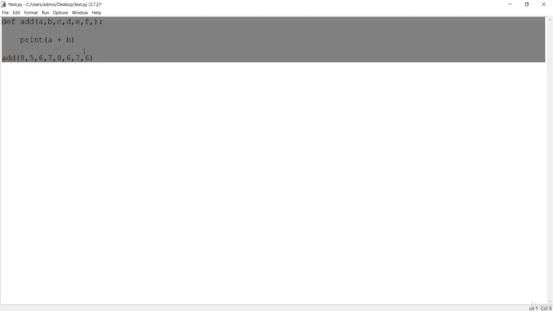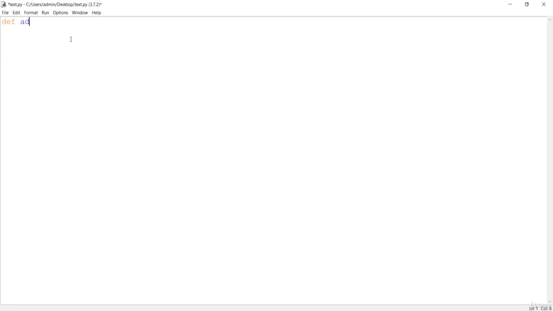So let's pack these arguments as we define the new function. I'll say add, and now if you want to pass multiple arguments, you simply put an asterisk here and call this args. You can use any variable name, but I'll simply say args. Now what you need to do is create a total, because we want to add these numbers.